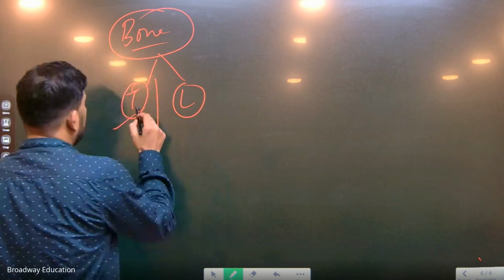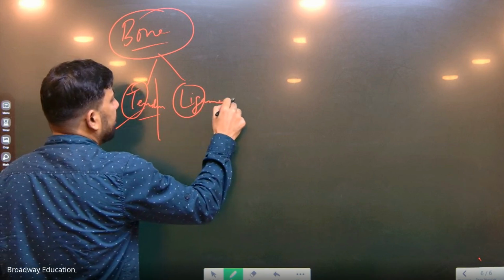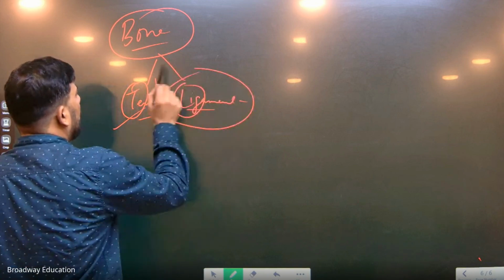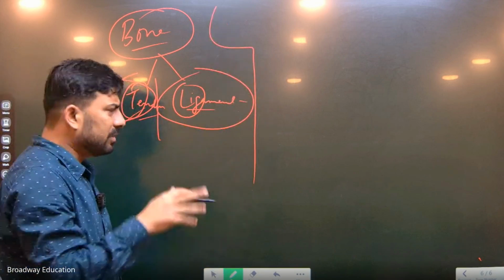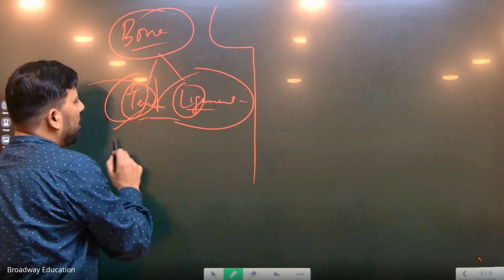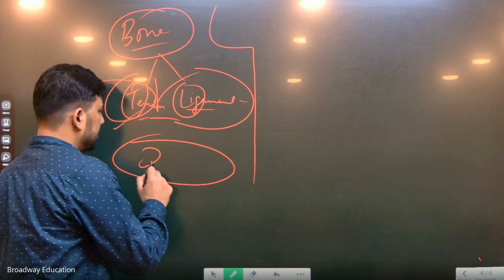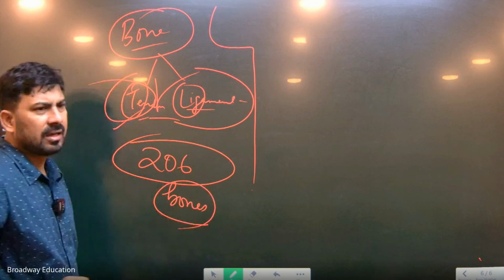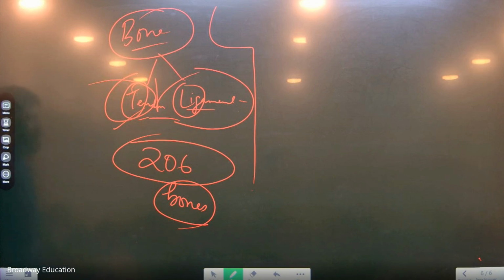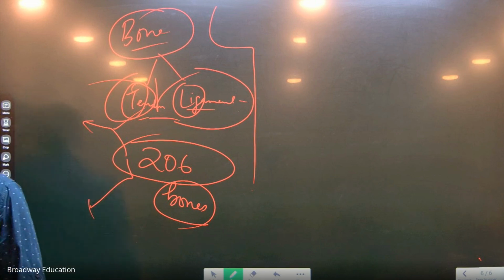Remember these points, okay? So bone, the tendon and the ligament, important. It can be asked in some statement. Okay. Now after this bone, now, by the way, how many bones we have in our body? And let me ask you one more small thing. If I talk about the bones, which of them is the longest bone of the body?